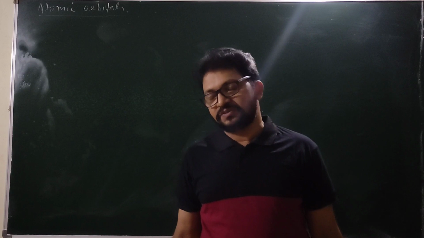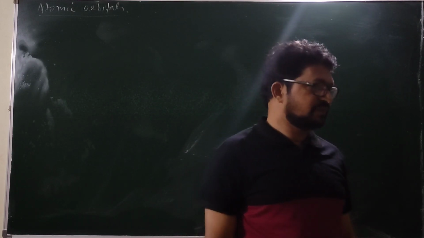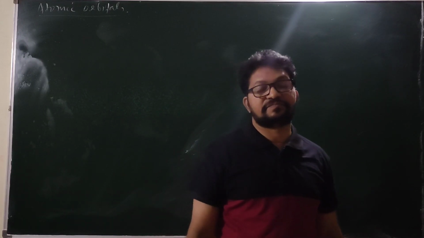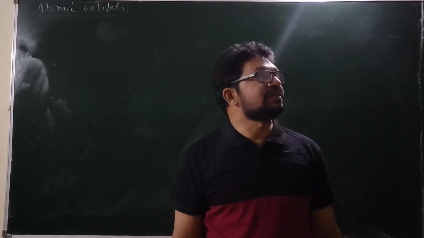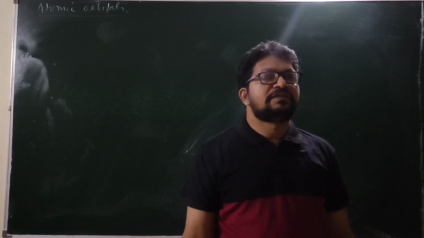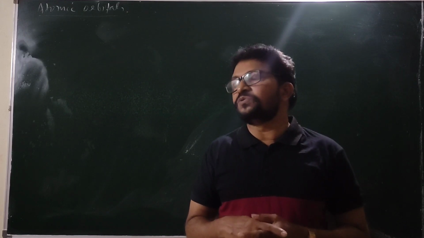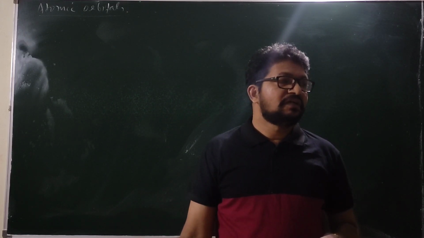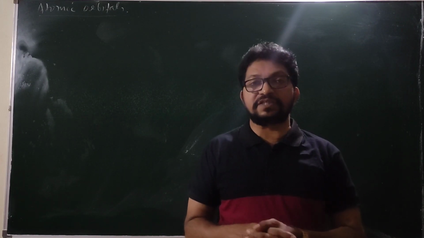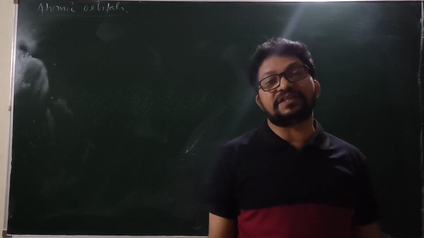Yesterday I told you the boundary surface diagram for the s orbital, p orbitals and d orbitals. Correct? Now, what is the summary? There is only one s orbital. There are 3 p orbitals and 5 d orbitals, and the shape of those orbitals also I have shown, and those diagrams are called what? Boundary surface diagrams. I told you.